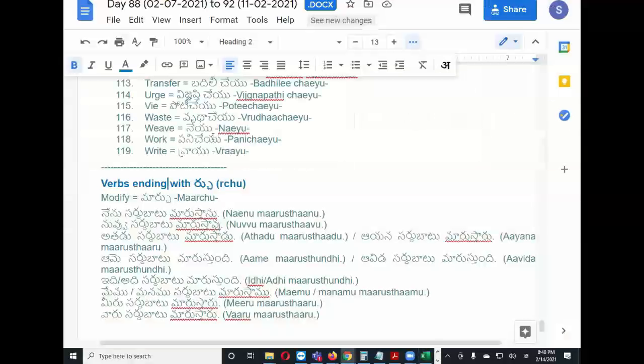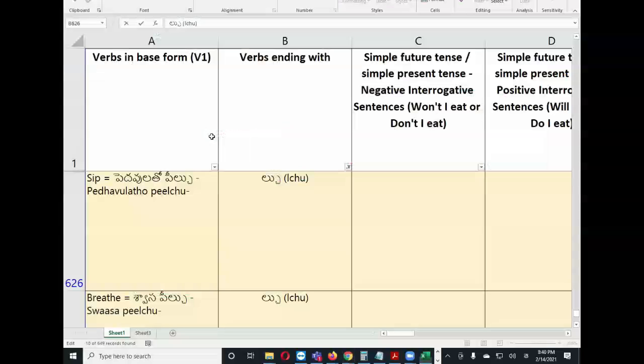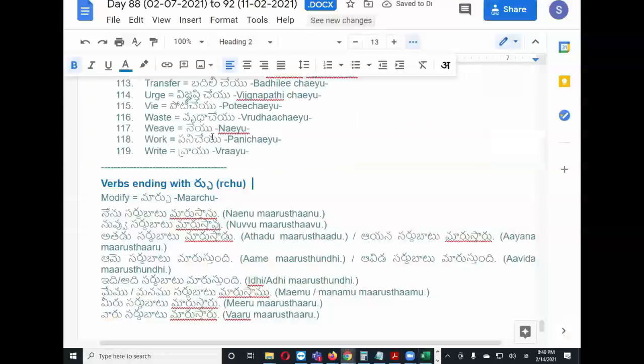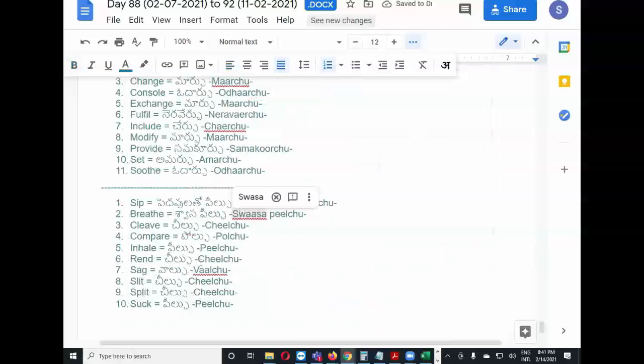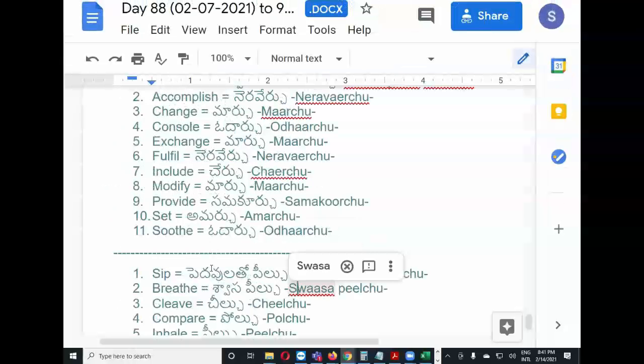I think that one I can include here because it sounds the same. Marchu, peelchu, chu, and the conjugation is also the same. So I will include here only peelchu. Then I can add the remaining verbs here. Can somebody try to translate one of the verbs? Let us take